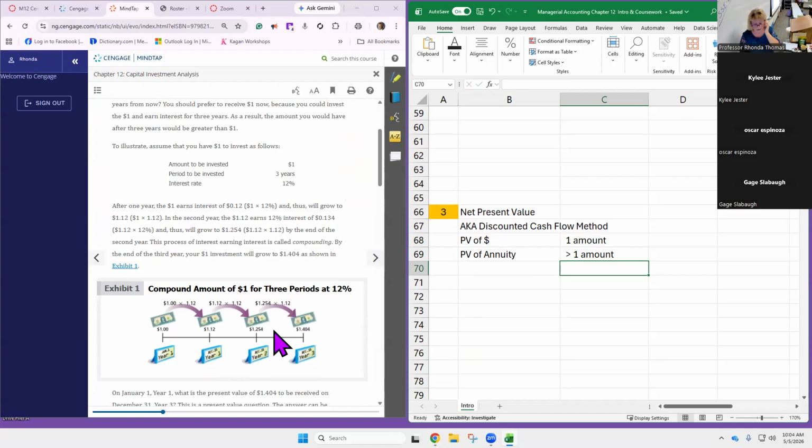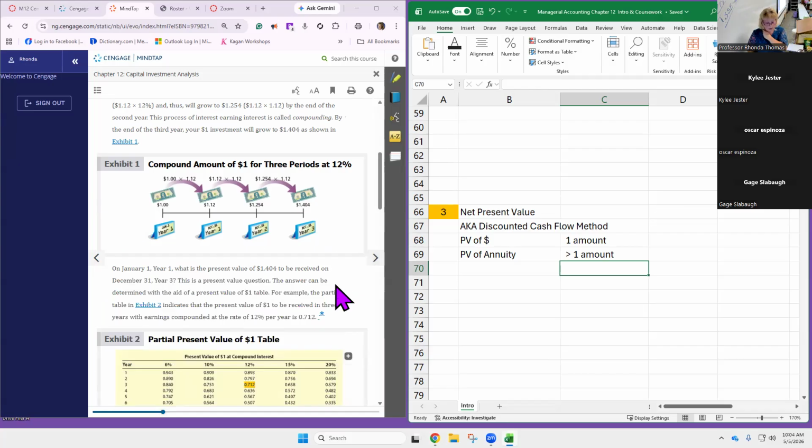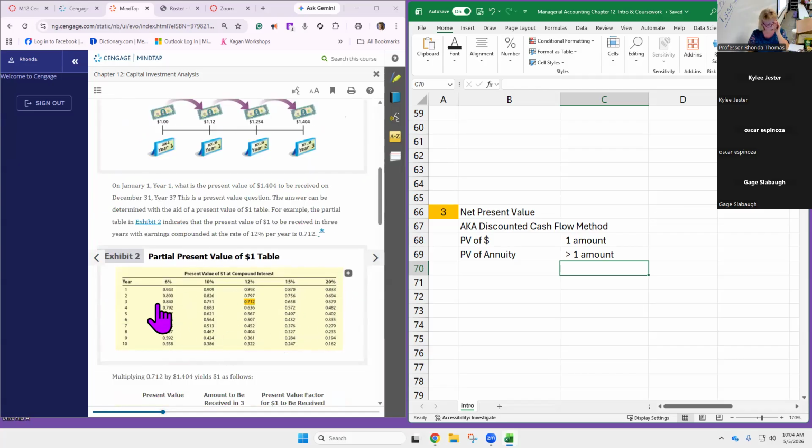When it comes to time value of money, we're going to be looking at interest, oftentimes compounded interest. Compounded interest is interest on top of interest on top of interest, and that's how money grows. If you have enough money and enough compounded interest, pretty soon your money grows quite a bit. But that's future value, sorry. All right, so we're going to learn to use these tables.